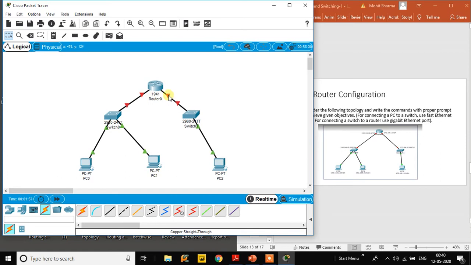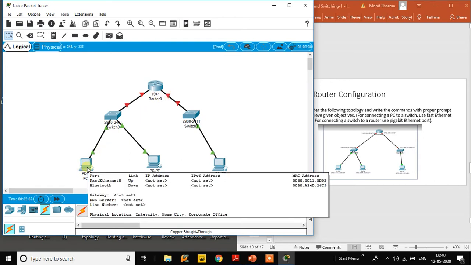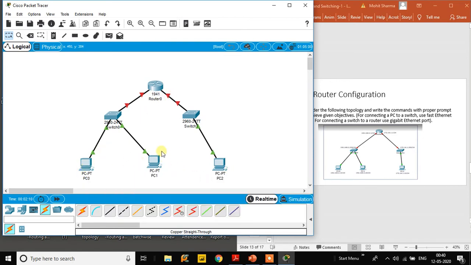Just place the cursor and you will be able to see whether it is G0/1 or G0/0. So there are two interfaces of the router where we have to assign the IP address. IP addresses need to be assigned to these PCs, these switches and routers. We'll see the configuration where we assign the IP addresses to all these devices.